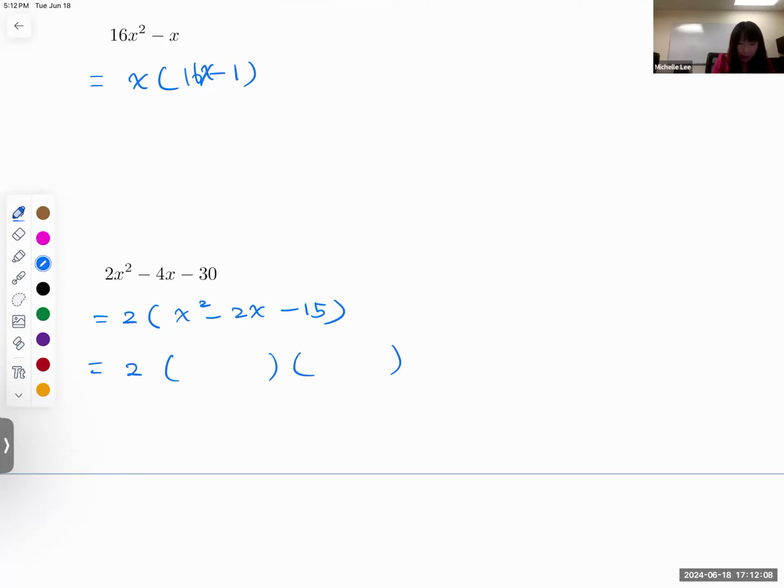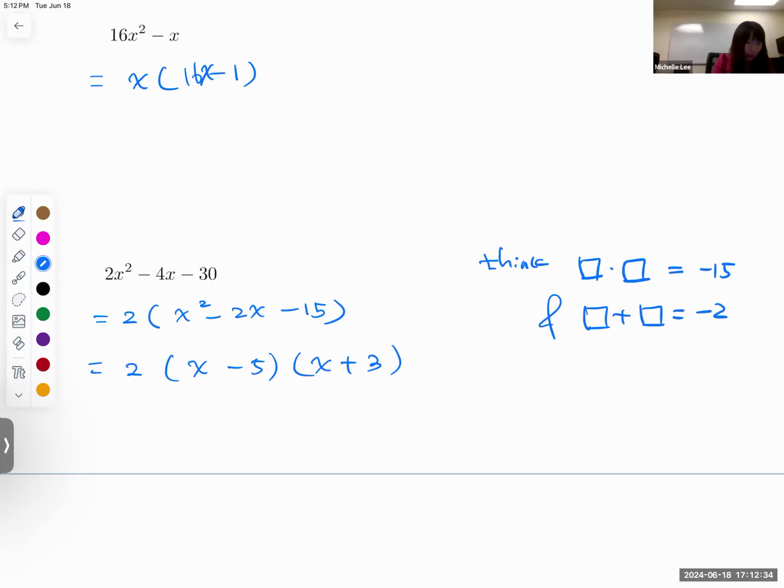So in that case, we need to think, right? So think two numbers multiplying with a negative 15. At the same time, we added that equal to negative 2. What is that? Which is x times x to make x squared, and then negative 5 plus 3, right? Okay, now